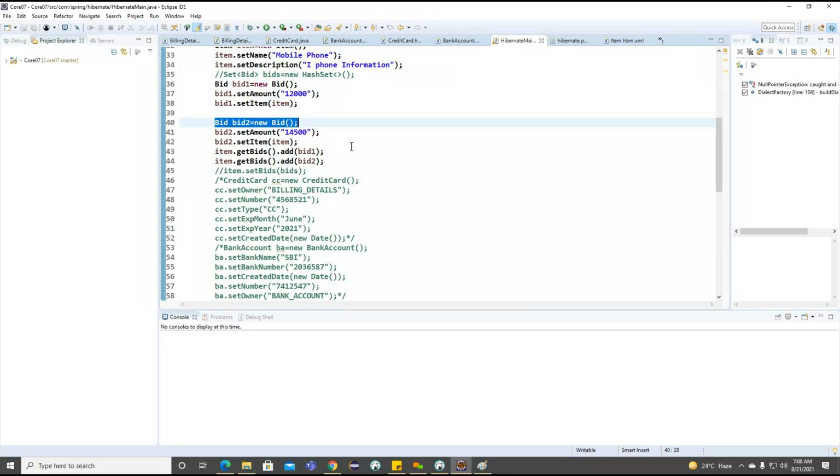Whenever we create this bid object, it is not directly associated with any database. How it is going to associate with the database, we can see later. But if you observe, this object is in the transient state because it is not yet linked with any database.